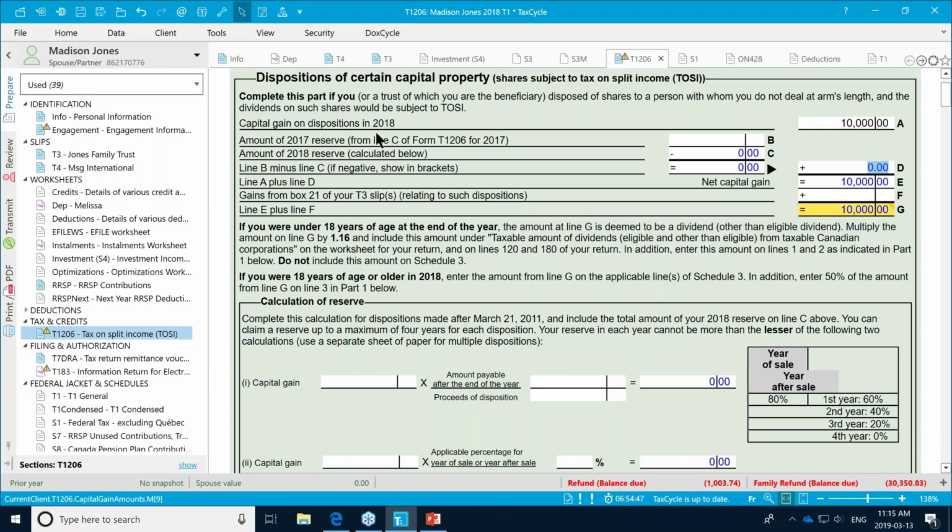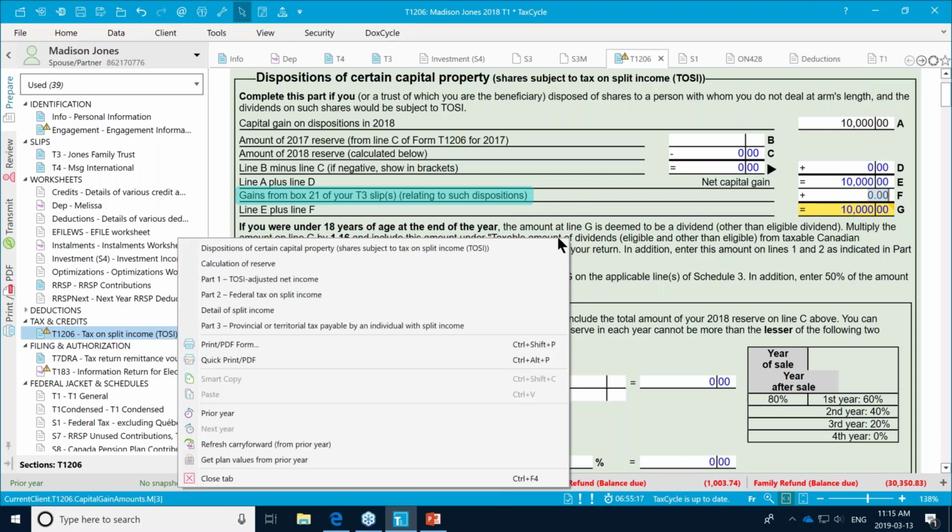And then if reserves apply, we're going to fill in these boxes here and these ones here, which will create our reserve calculation for you. And if you have any gains that are on a T3 slip, then you would enter those here on line F.